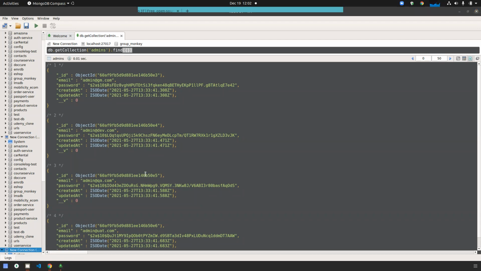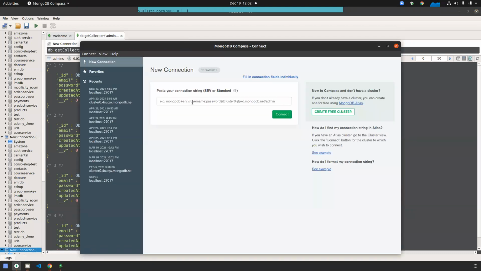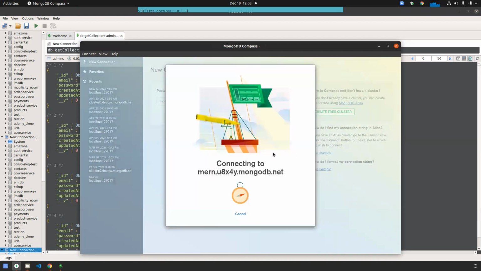Trying MongoDB Compass. Here also you need to give the password.